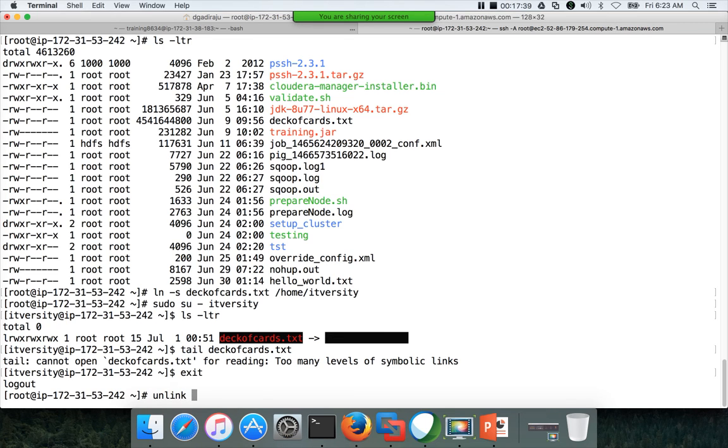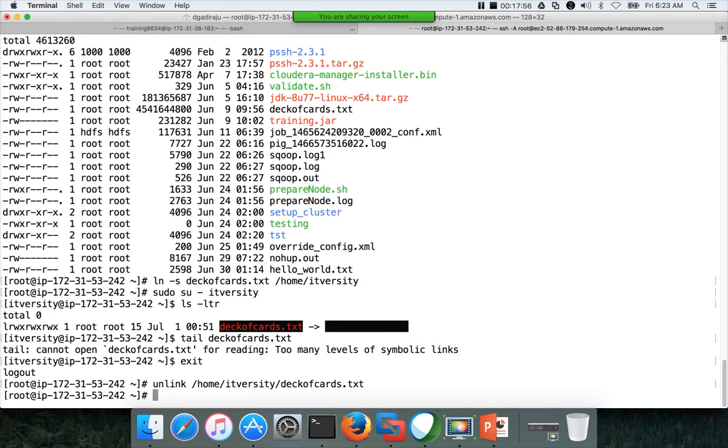I think I will unlink /home/itversity/deckofcards.txt. Okay, now ln -s deckofcards.txt /home/itversity.